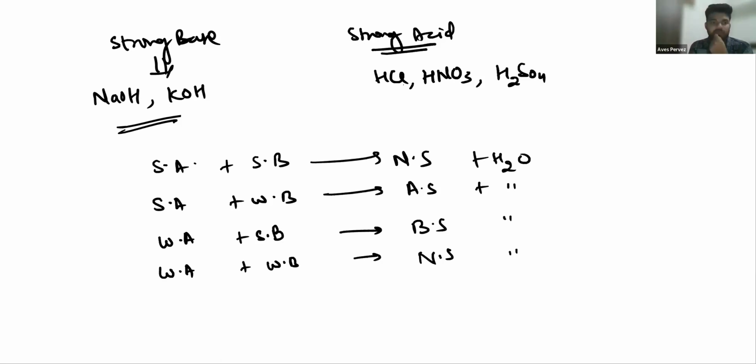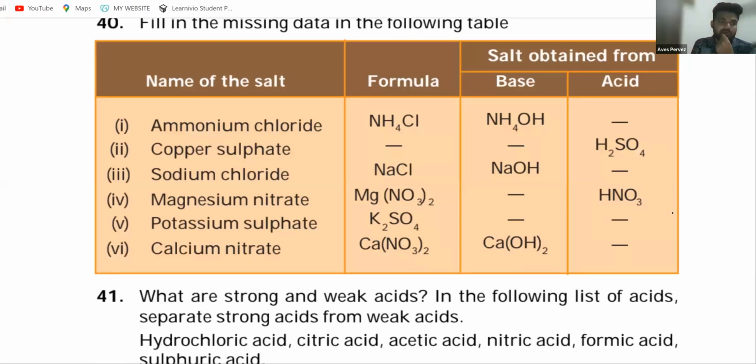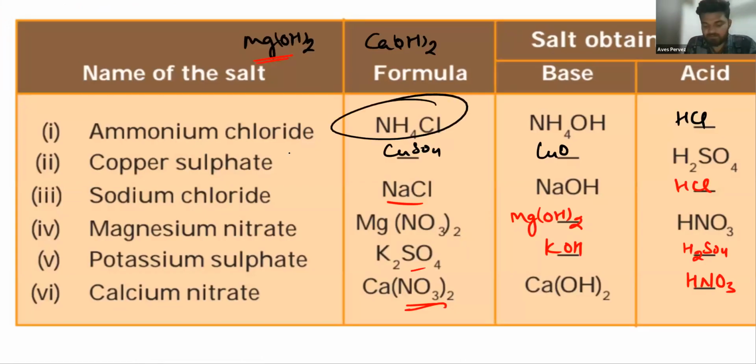Let me have you predict and help me. Is it an acidic salt or a basic salt? Acidic salt, yes, because this is a strong acid, but there is not a strong base. Why? Because it is not NaOH or KOH. So this is an acidic salt. This one, copper sulfate, acidic salt. This one, NaCl, neutral salt.